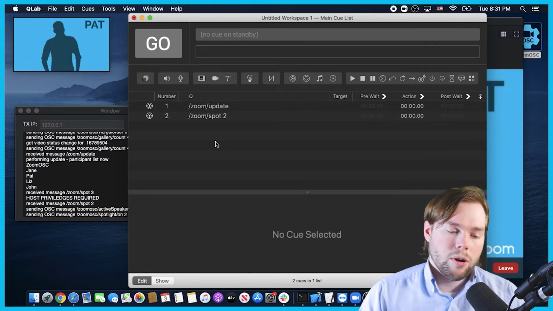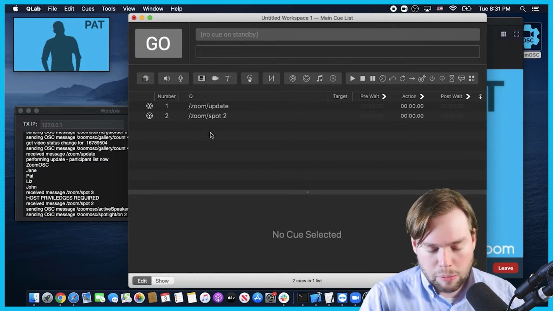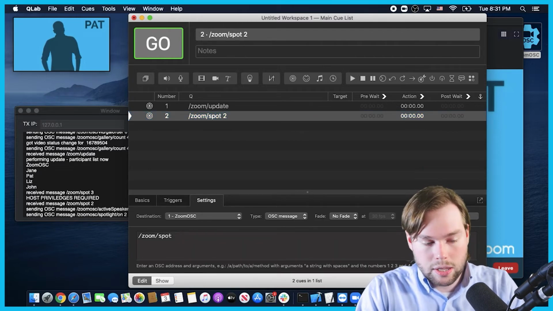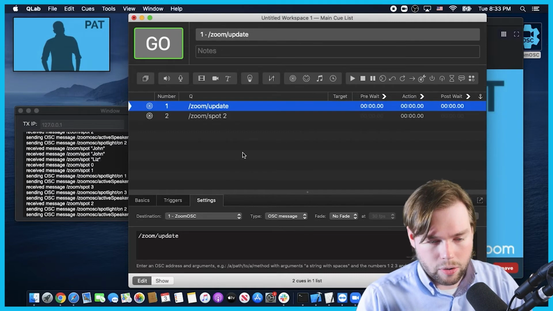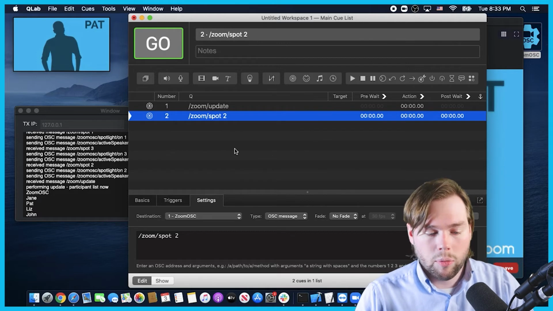Now let's say though that we don't want to be looking at this console window to figure out which control is who. You have a couple of different options. You could just, in the latest versions of ZoomOSC 3.2 or later, I could just type in, let's say, John. So now let's say I don't want to always have to call the update function to see in the console who is where. One way that we can get sort of persistent bindings out of this is to call the